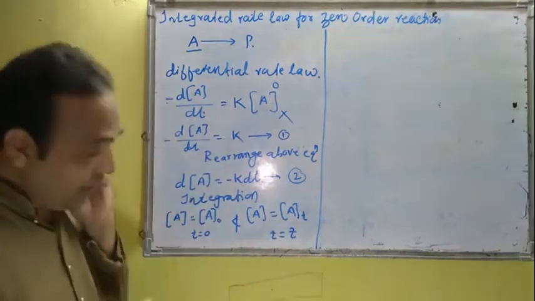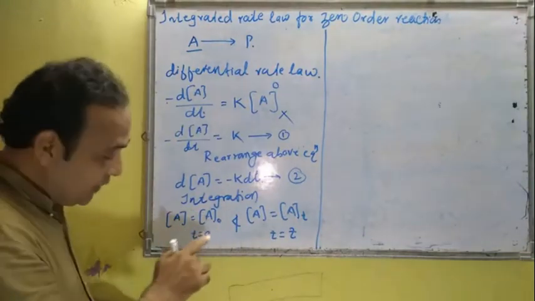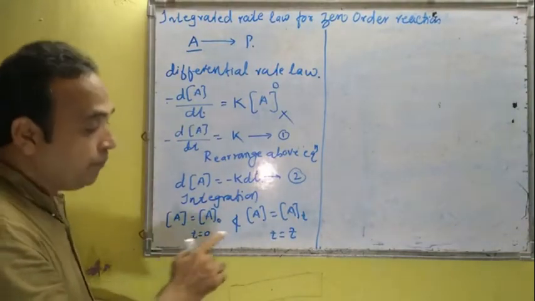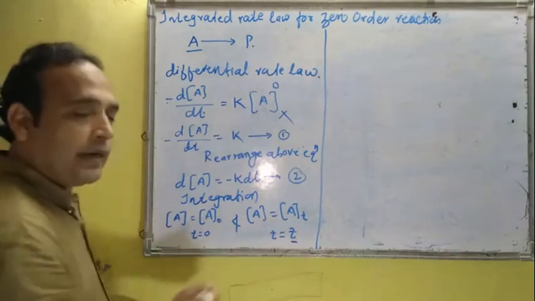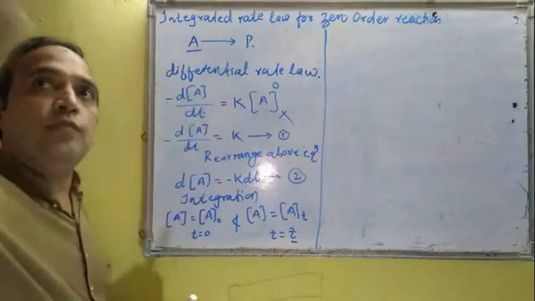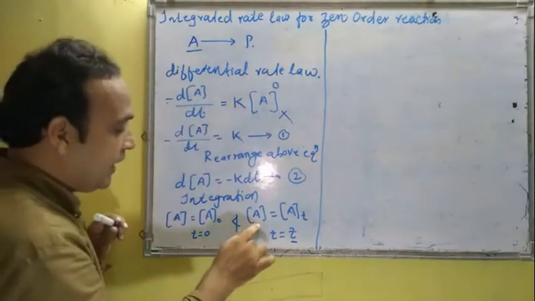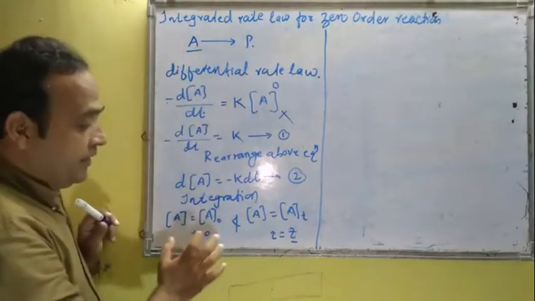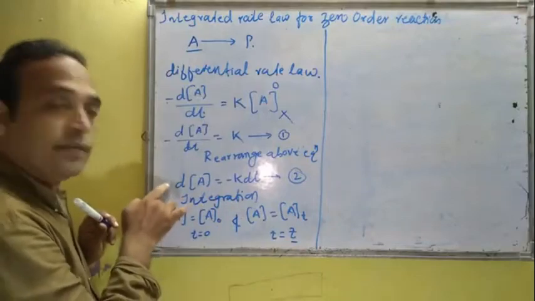What is my condition? When A is equal to A0, तब टाइम कितना था? 0. और when certain time, मतलब एक t टाइम हुआ, आई एम नॉट सेइंग 5 सेकेंड 10 सेकेंड, एक t टाइम तक रिएक्शन कंप्लीट हुआ, उस वक्त A का इमेज चेंज हो गया At में. These are the limits of this equation.